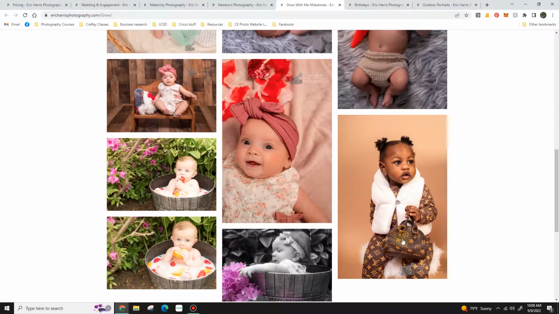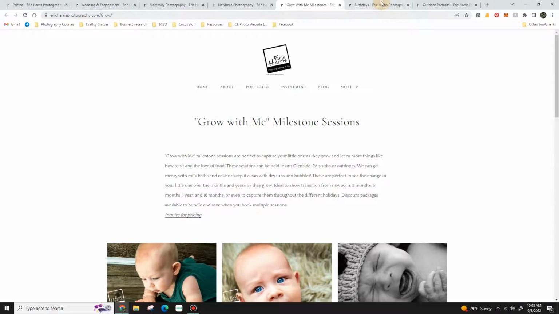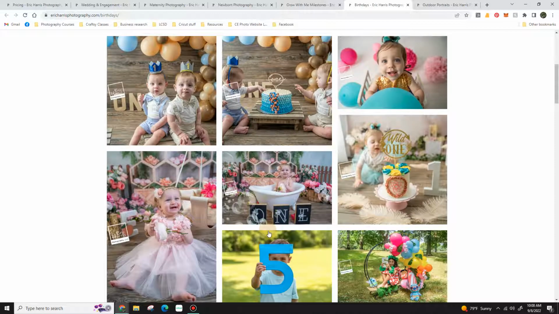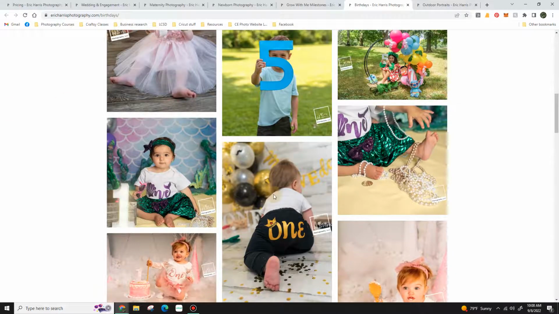There is no reason to separate out milestones from birthdays. There's really not. Birthday cake smash is still a milestone. You could totally combine those two things. Unless you're specializing in cake smash and milestone and it's its own brand, there's really no reason to separate this out from your milestone sessions